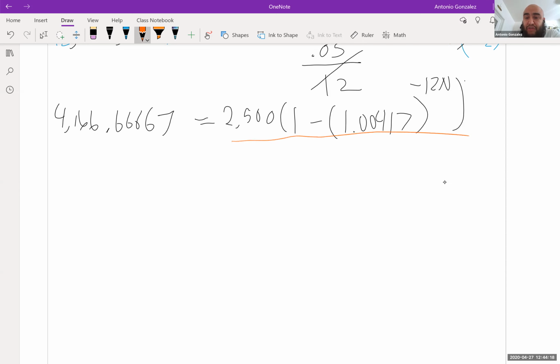Since it's multiplied, I'm going to divide both sides by 2,500. So I'm going to take this quantity, 4,166.667, and divide that by 2,500. If I do that, we get